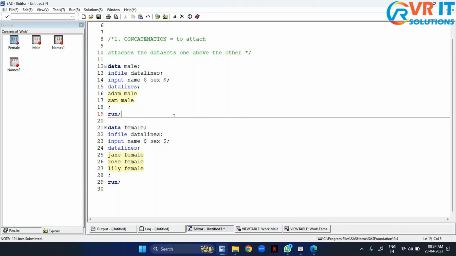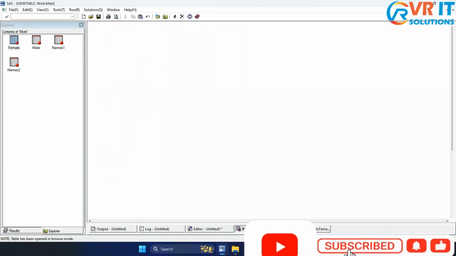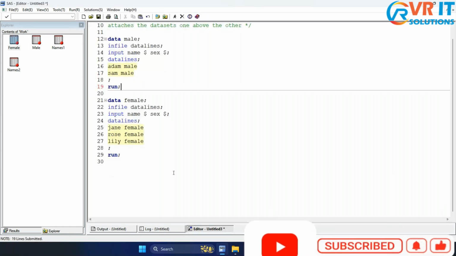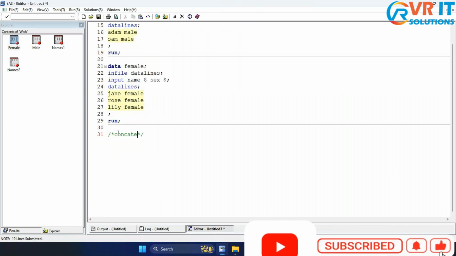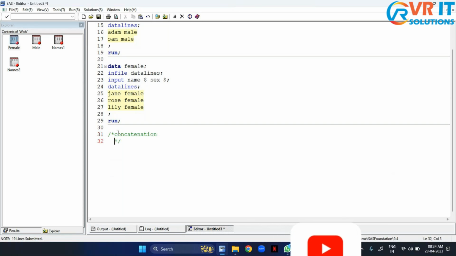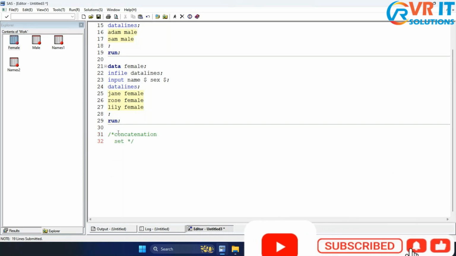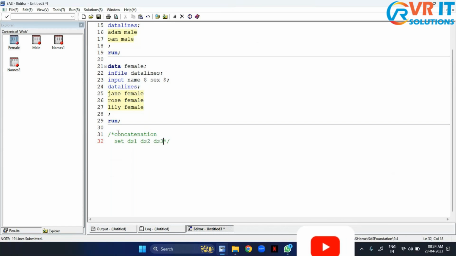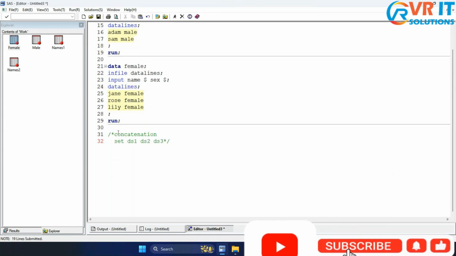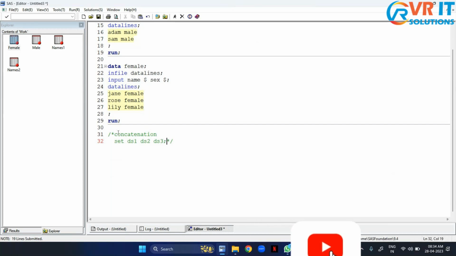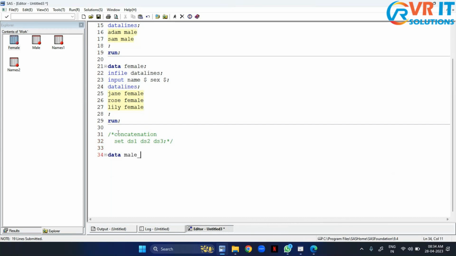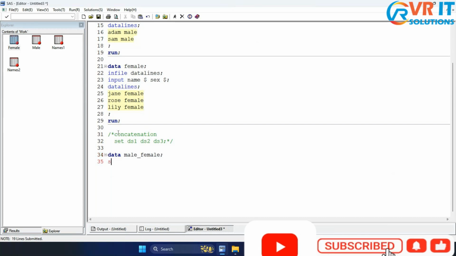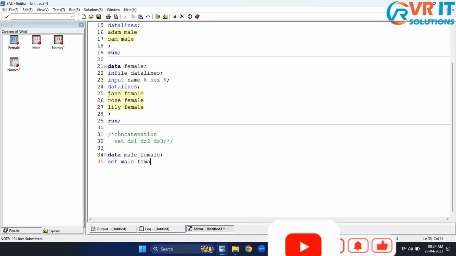To concatenate these data sets, how do we do it? Simply in the set statement, you write dataset 1, dataset 2, dataset 3. You can concatenate not just two, you can concatenate n number of datasets. There is no limit. Write the set statement and write all the datasets which you want to concatenate. So: data male_female; set male female;